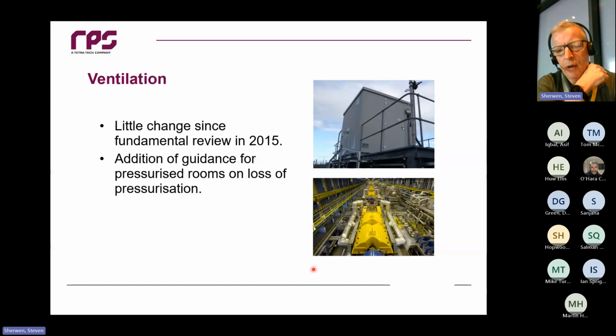Ventilation hasn't changed much. That was one of the big changes in edition 4. For those of you with longer memories, edition 3 of EI15 had the very arbitrary 12 air changes an hour. Nobody really knows where that came from. It worked well for small enclosures, not so well for huge turbine halls. So that was changed in 2015 and still remains the same. The tables for calculating the ventilation rates have changed slightly, to take into account that the modelling and release rates for fluids leaking into those enclosures changed as a result of being remodelled. So some of the ventilation rates may have changed, but those changes weren't significant.